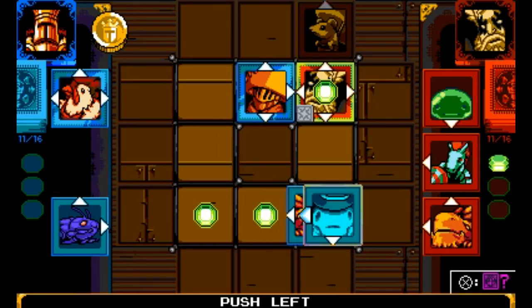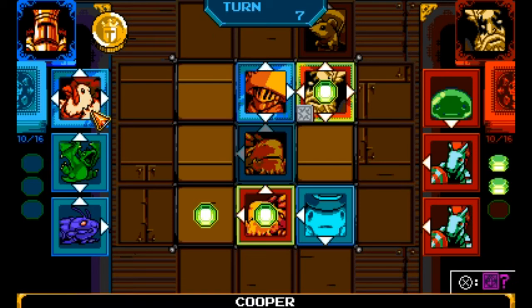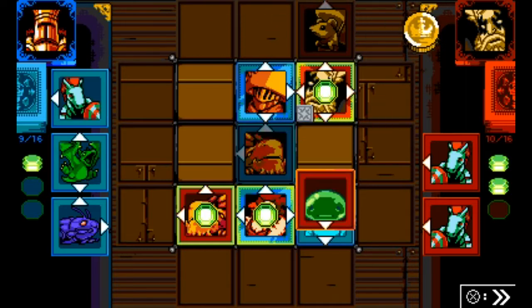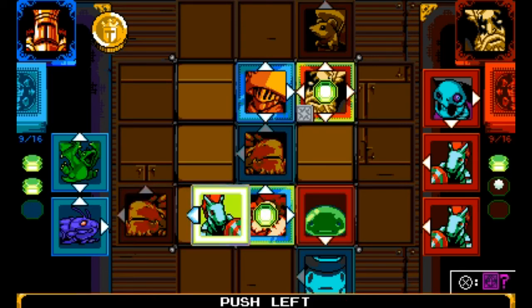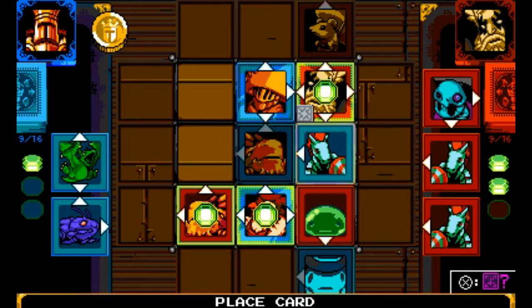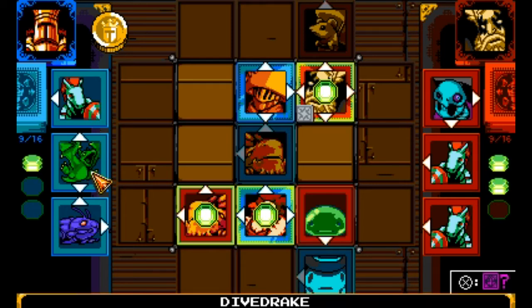Well, for the time being, we'll work on these down here. Maybe hope one of those double arrows shows up. I don't think he has any double arrows, so Cooper is locked in where he needs to be. I don't know how I'm going to place someone down there, though. Because no matter which direction I push that out of the way, he'll be able to...